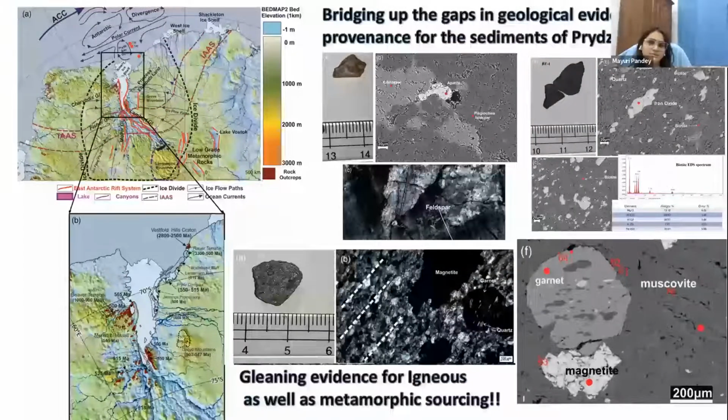But if we follow the flow patterns, which are presently inferred from recent studies, then for sure I can say that there must be some amount of sediment input from the Gambutsa mountains or some nearby areas of the Gambutsa mountains. So possibly we will be able to infer certain geology of the interior of the Princess Elizabeth